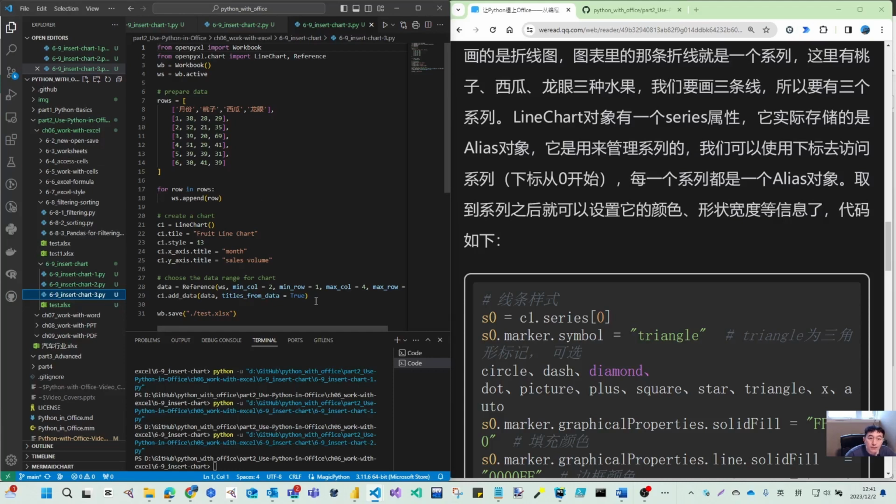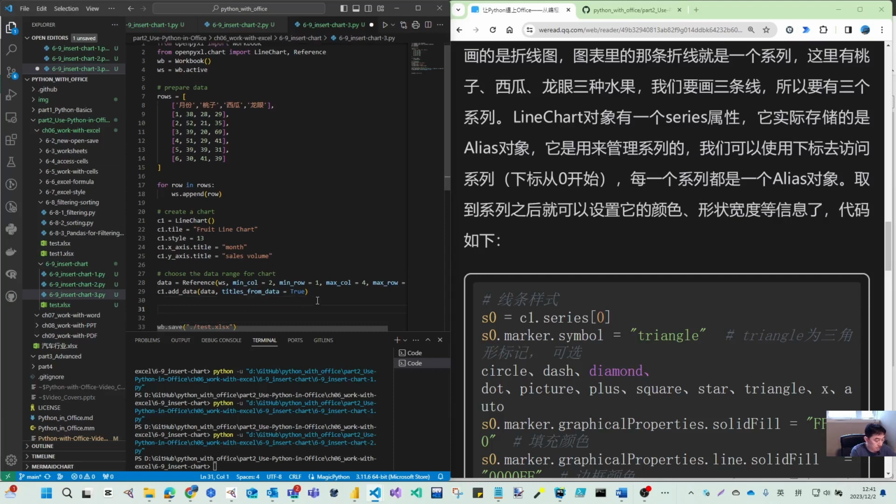So we need to define every series in the chart, and give them the line style. So remember, in the manual way we point one line can be the dotted line, and another line can be the rounded line style. So those are the line style